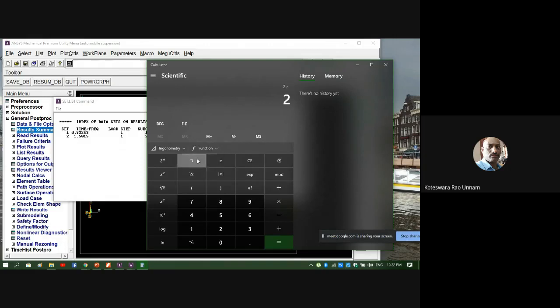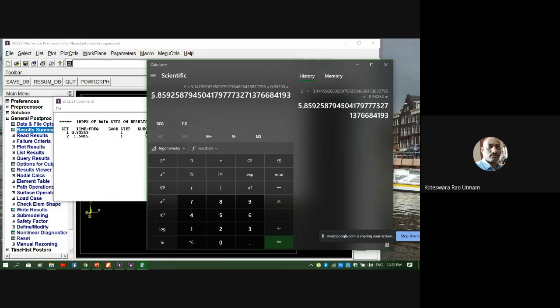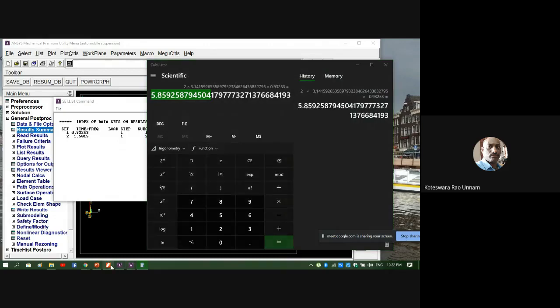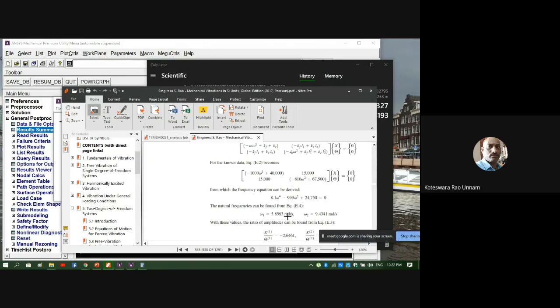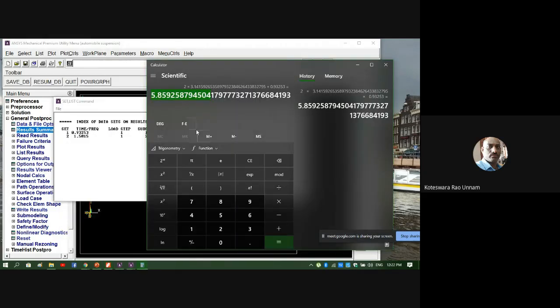So 2 into pi, pi is 3.14, into the f value. First f1 is 0.93253. So what is the value you got? 5.8593. So your analytical solution is also 5.8593. So that means those are exactly matching. Similarly, the second one.